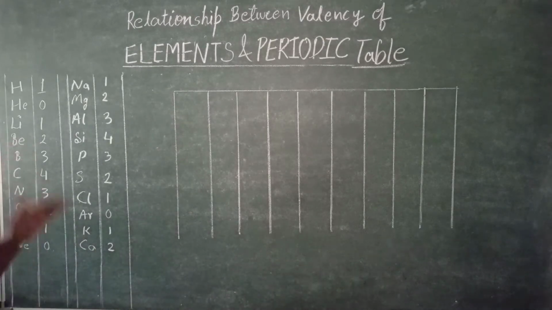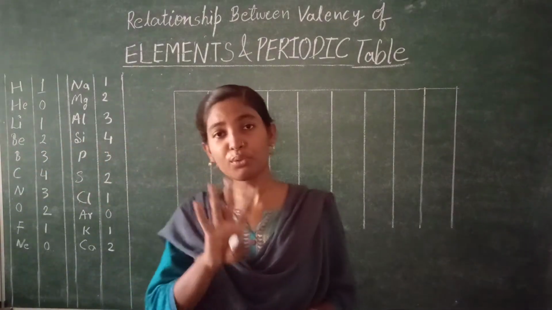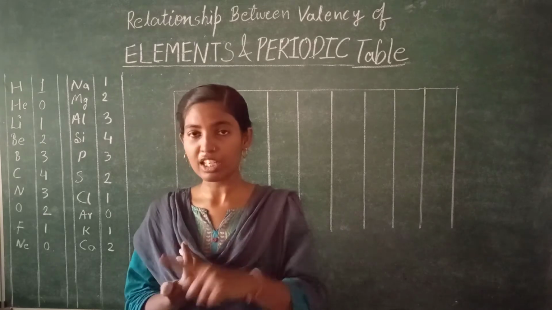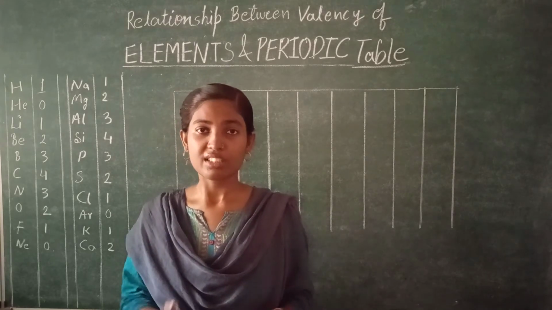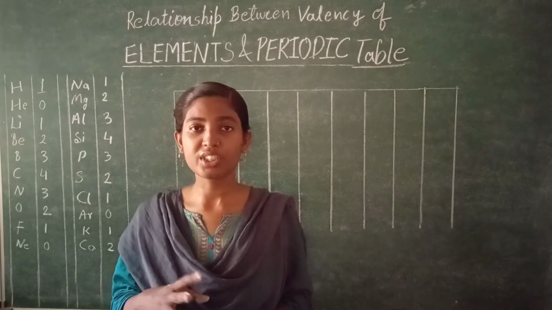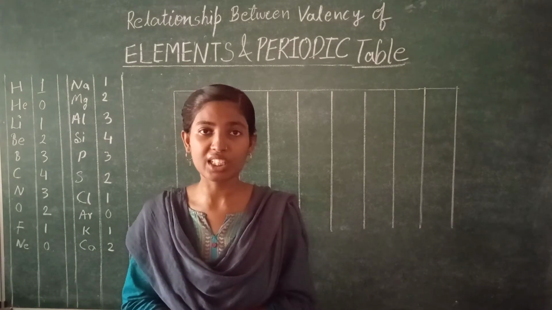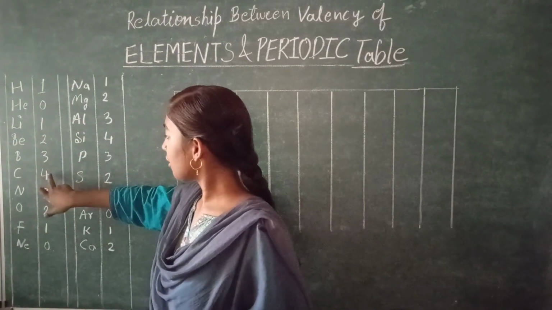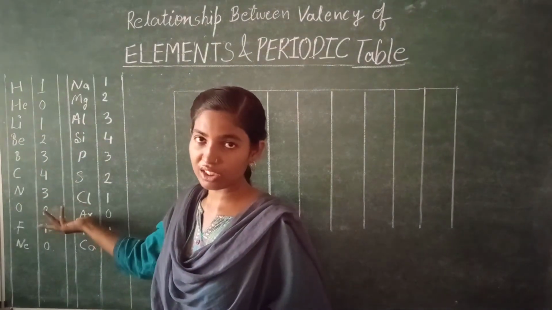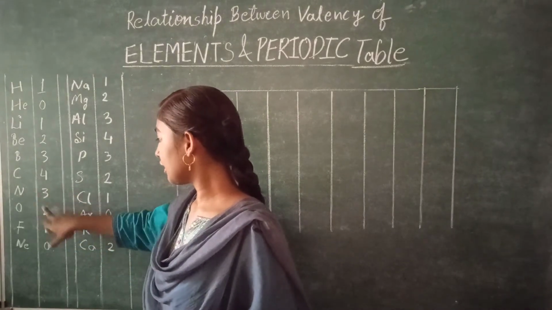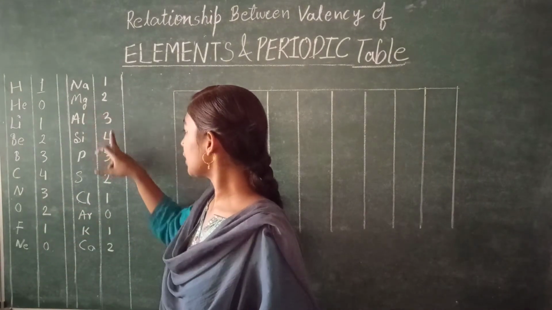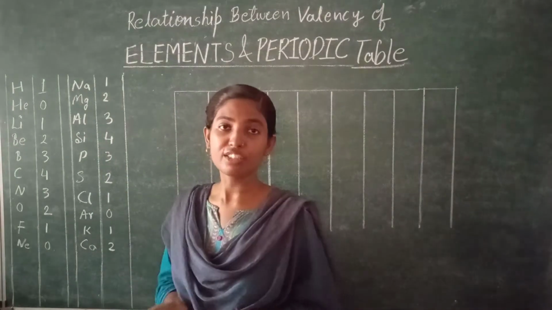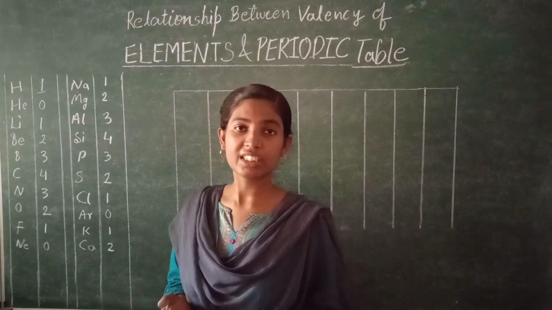Now while writing these valencies you see we are using only 4 or 5 digits: 0, 1, 2, 3 and 4. Other digits we are not using. मतलब 4 से ज़्यादा कोई digit हम use ही नहीं कर रहे. Look here: 1, 0, 1, 2, 3, 4. 5 is not there, 6 is not there, 7 is not there. Here again 3, 2, 1, 0, 1, 2. But there is no 5, no other digits are present.